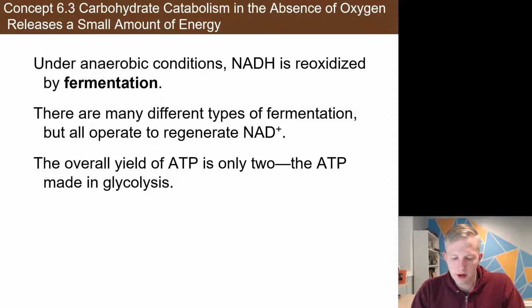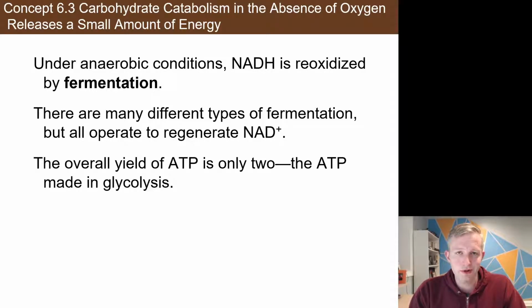Because we saw in the process of glycolysis, we produce 2 ATP. Everything after glycolysis is all about powering up NADH, FADH2, these energy carriers that are needed for the electron transport chain, but the electron transport chain requires oxygen. And so when we don't have oxygen, we don't have the Krebs cycle or the citric acid cycle. We don't have the electron transport chain, and we're left only with glycolysis. Okay, glycolysis yields 2 ATP. But glycolysis also makes 2 pyruvate.